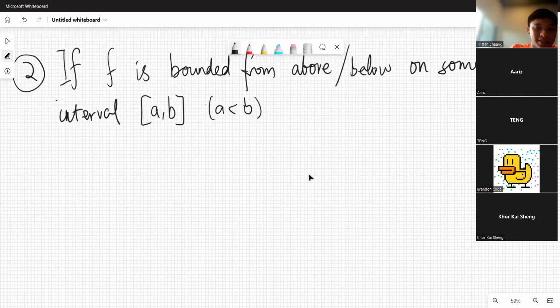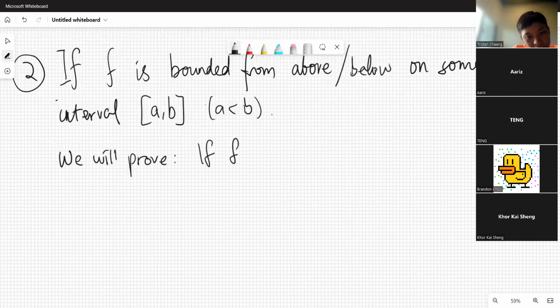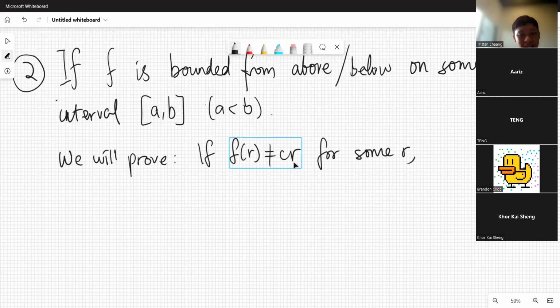So we will prove the contrapositive. So we will prove instead, or contradiction if you want: if f(r) is not equal to c·r for some r, which is of course irrational because we already know f(x) equals c·x for all rationals. So if f(r) is not equal to c·r for some r,